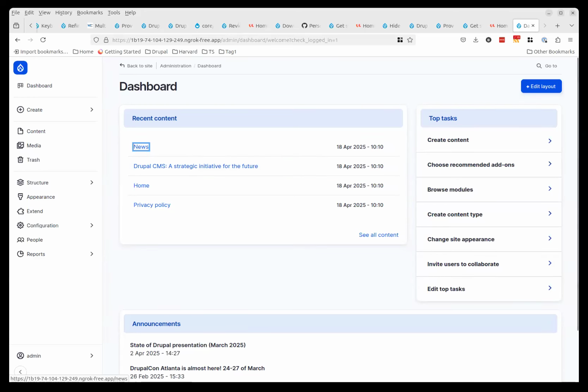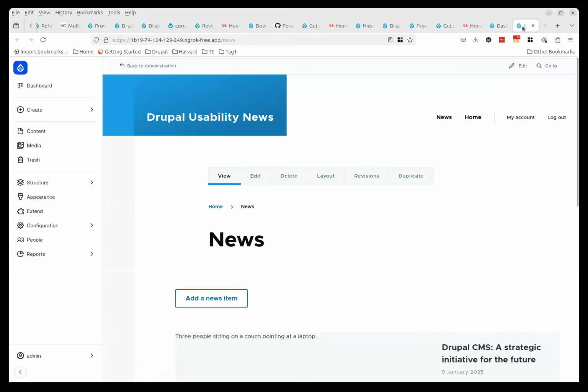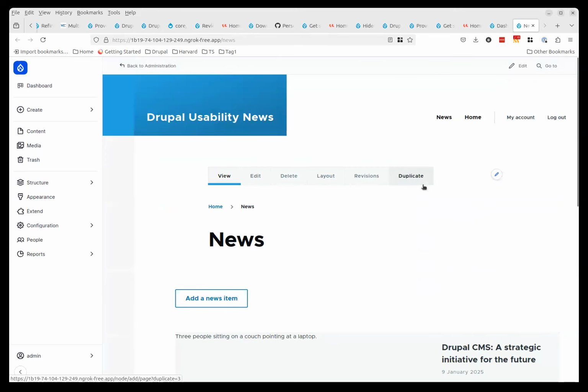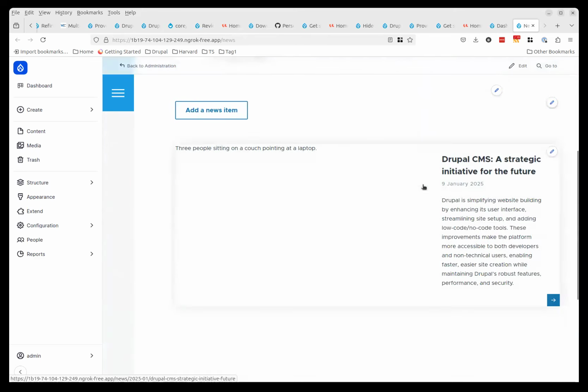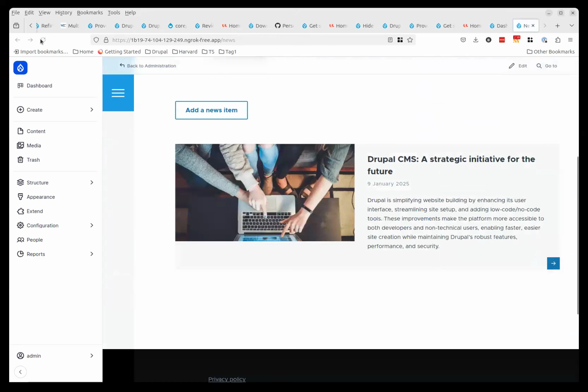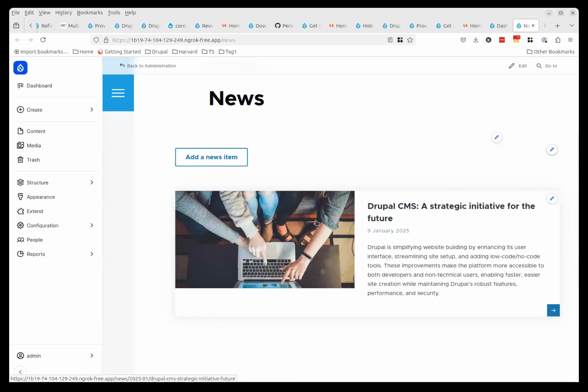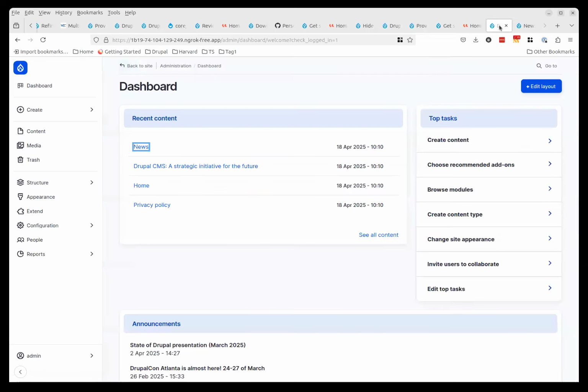Let's just have a quick look at this page. I guess it's some sort of news listing page. And oh yes, I remember there's some issue about images not loading the first time. And if I reload the page, I get the image loaded. So getting back to the dashboard,